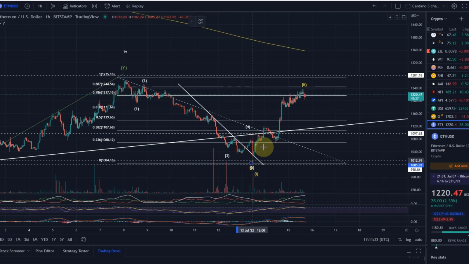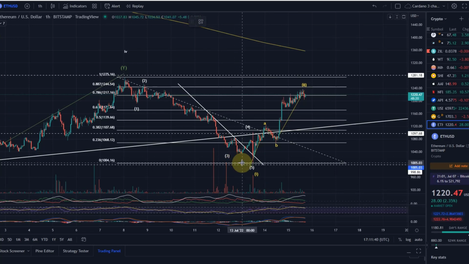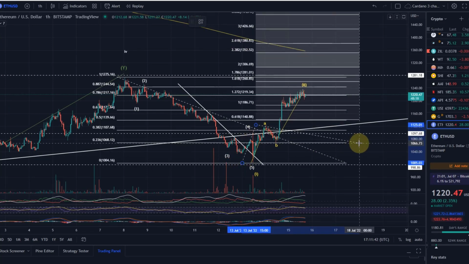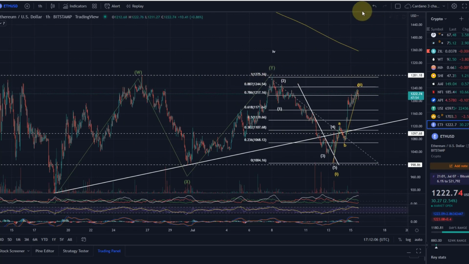So we can look at this from the perspective of an ABC. Looking at the target for that, I think we talked about that in the previous video. The 1.618 extension would be 1260. So we haven't reached that yet. That would be the ideal extension for a wave C. This is what we're currently working on, and the 1260 level would be even above the 88.7% fib level. So again, it remains the fact that above 1280 we will possibly consider the bullish